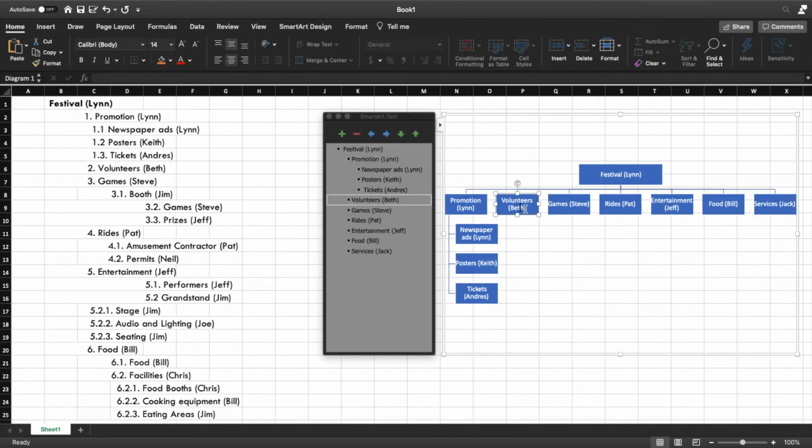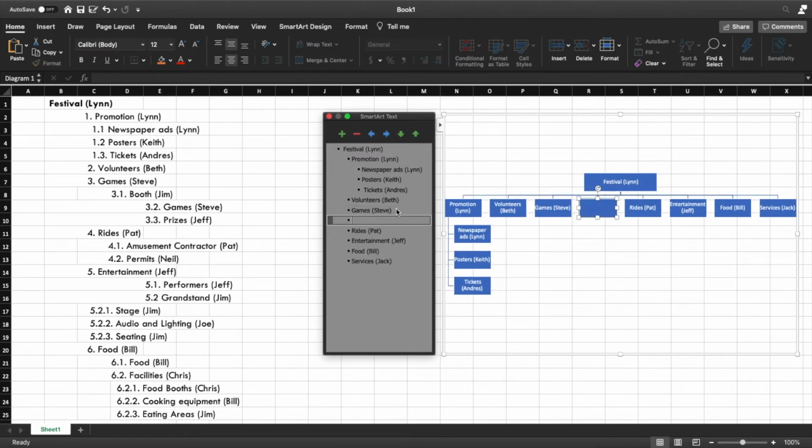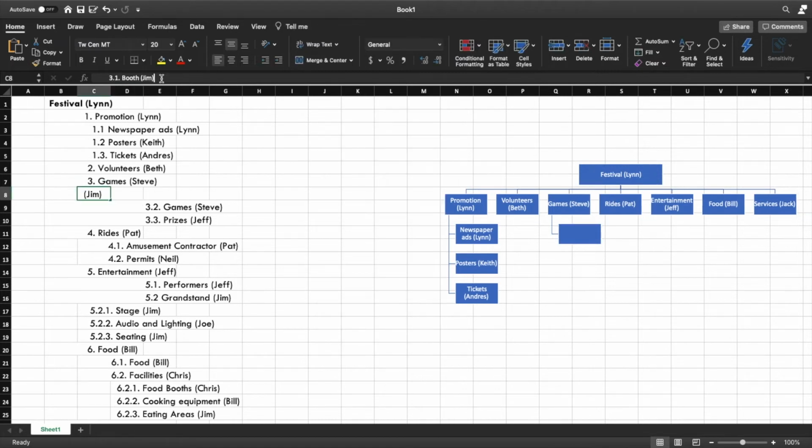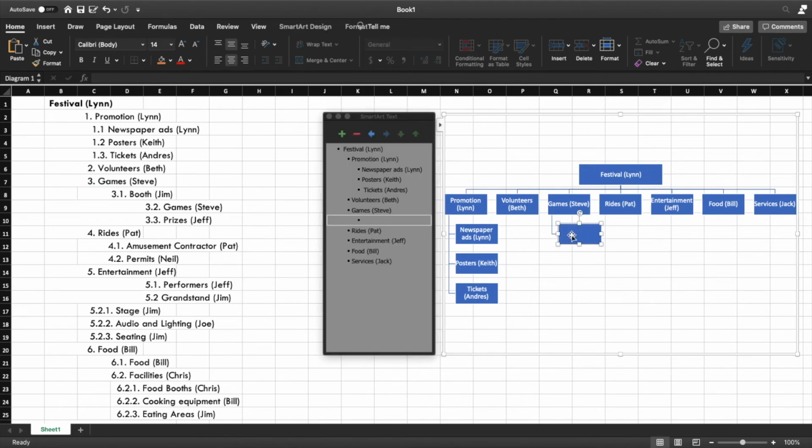Now let's go to another one, which is volunteering. This doesn't have any subtasks, so we can just move on with it. We will create another level for games. So for games, you need to go here and then press the enter key and then press tab. Alright, you'll have another level here. So now you can just copy it from the above and paste it here.